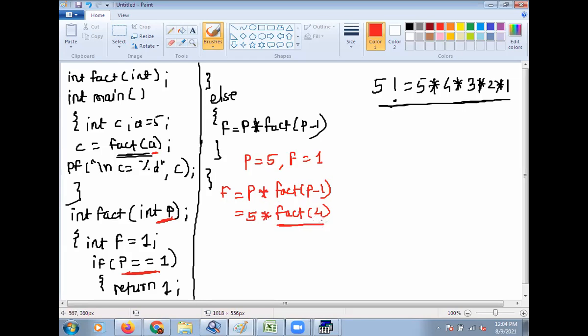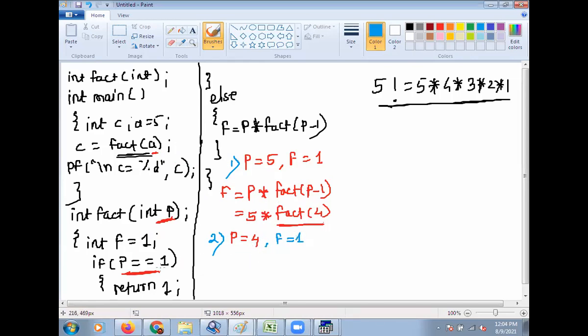So here again this value is passed to the factorial. Go to the definition. Now p is equal to 4. This is the first case. Then second, p is equal to 4, then f is equal to 1.